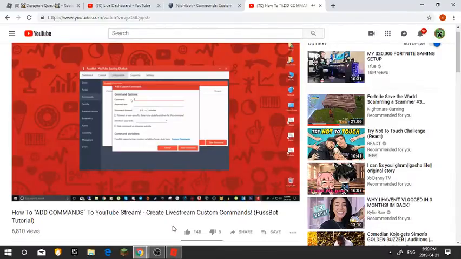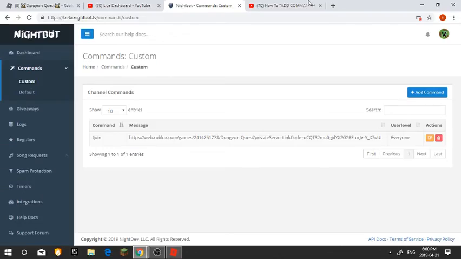You can set this interval to whatever you want. However, for my live stream and for the speed of my chat generally, I usually set the command timeout to 1 minute. You can also set the timeout to be user specific, which means that this command timeout wouldn't be global, it would be for a specific user. So that means that if 5 people all came together and all typed the command at once, it would respond for each one of those people. But if one of those 5 people tried to type it again in a time frame that's shorter than 1 minute, they wouldn't be able to. So for me, I leave this unchecked because I want the command timeout